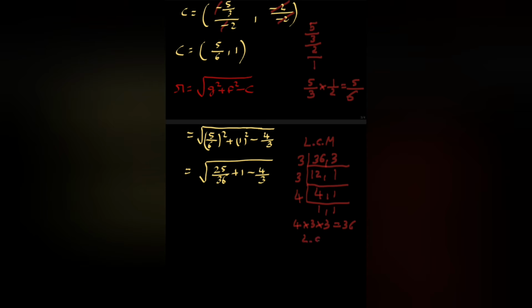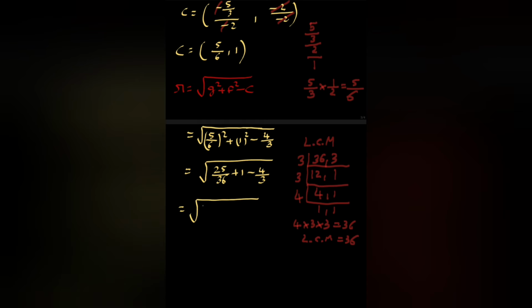So LCM is 36. So root over 25 plus, here it is 1, then multiply with 36, and 3 12s are 36, so multiply with 12. 36 minus 48 by